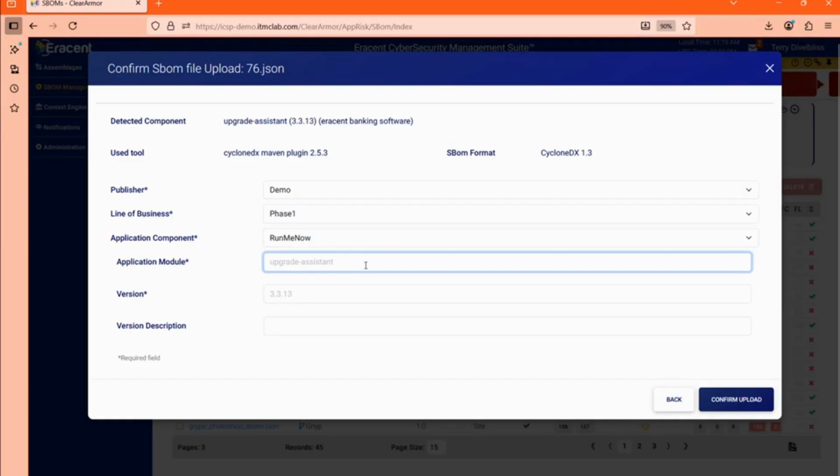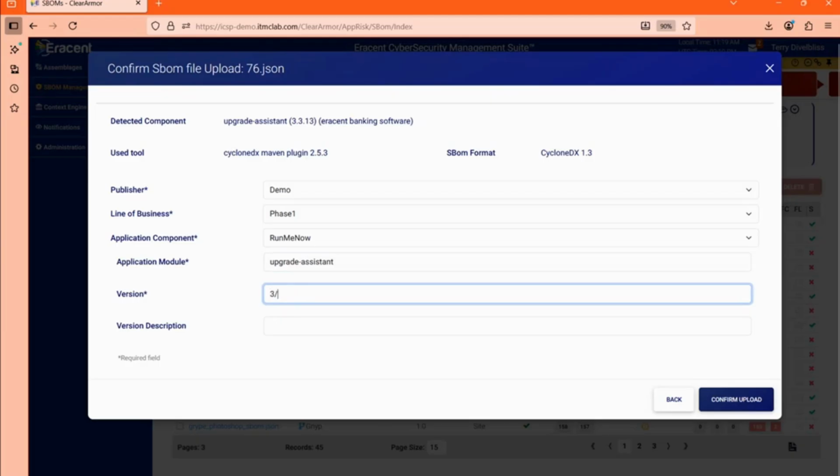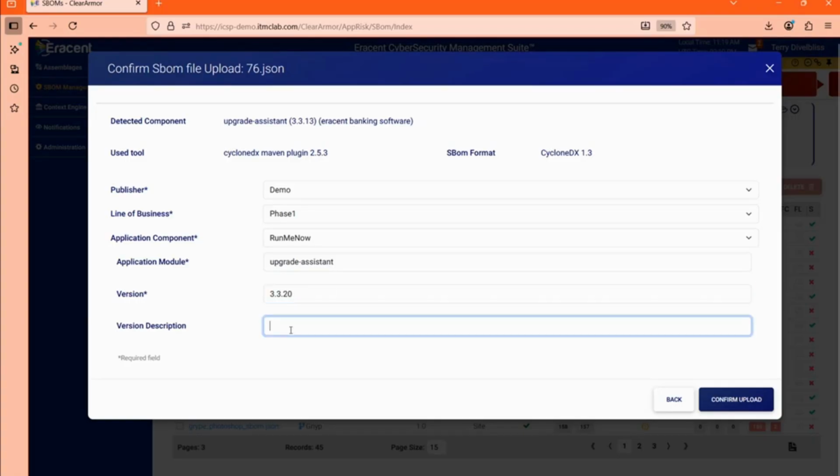I will do this upgrade assistant, since that's a suggested one here, for the application module, which is really a product. And I'll do the version here as well, 3.3.3. Let's go with 2.0. And I could put a description in something like this was a September, oh, my bad, September 2025 release. If you need something with a description or a version in there,